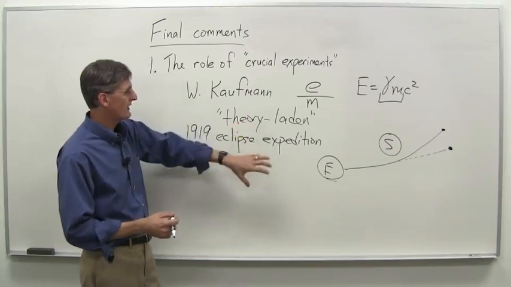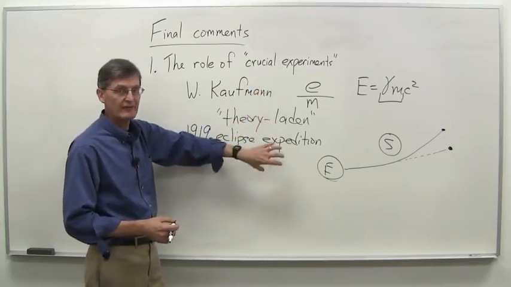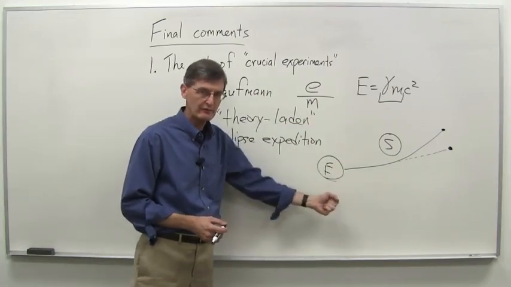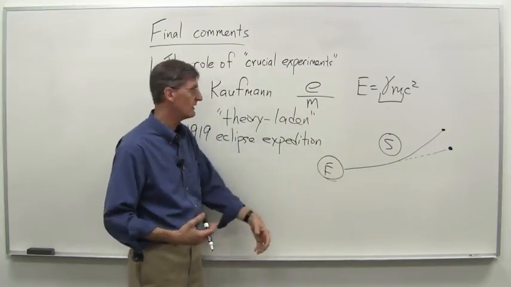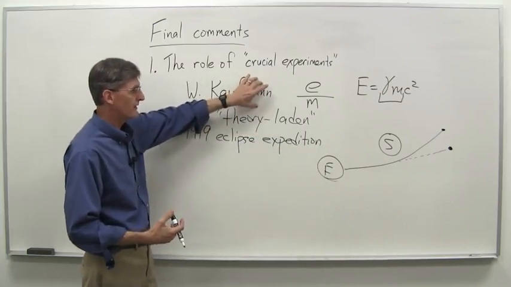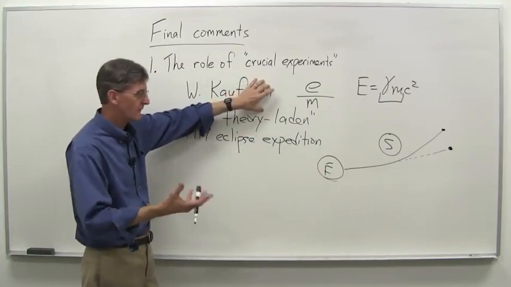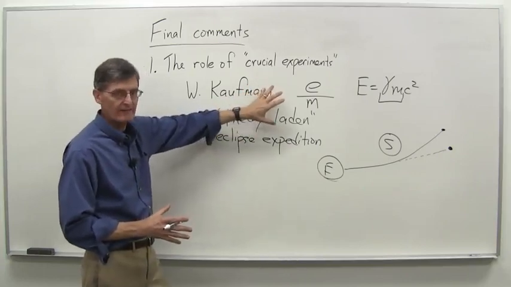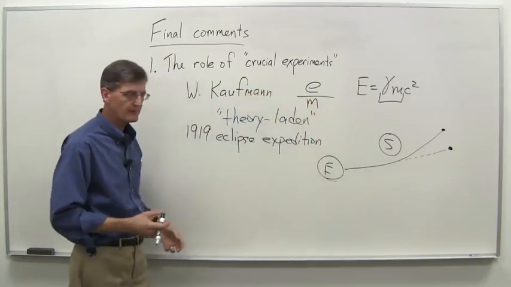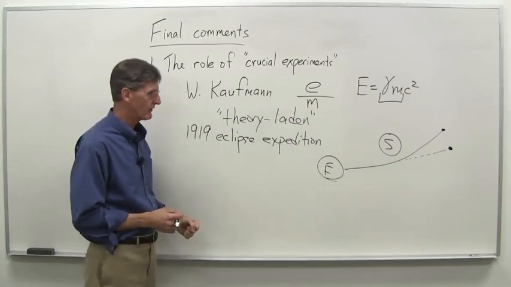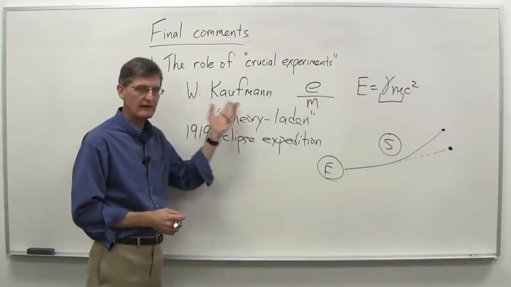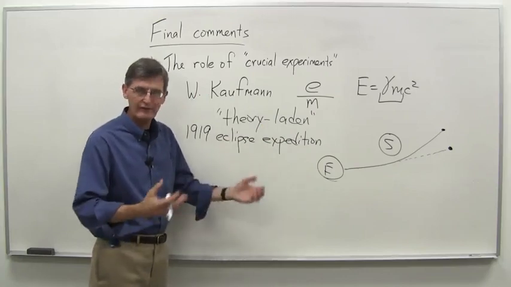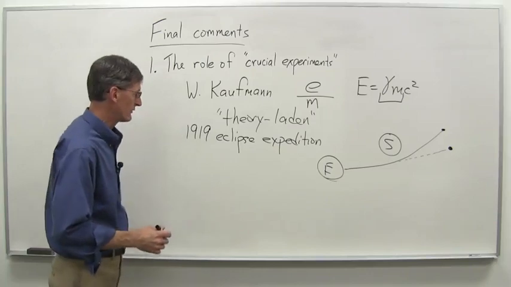So again, here's a case of something that was taken as a crucial experiment in favor of Einstein's theory, and people basically accepted it because in the end, actually, it did turn out to be correct. Another example of a crucial experiment that people did not accept, and again, at least Einstein did not accept, and Einstein was right in that case. Other times, though, Einstein himself was wrong about things like this. So just have to realize that it's a much more complicated situation than often is presented in sort of the textbook cases of these things.